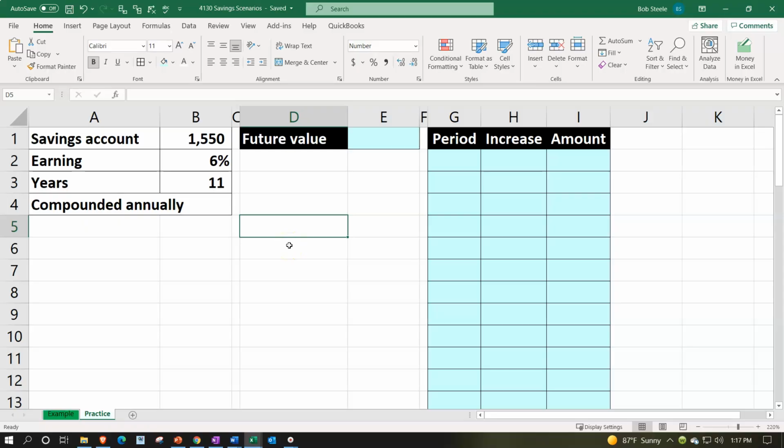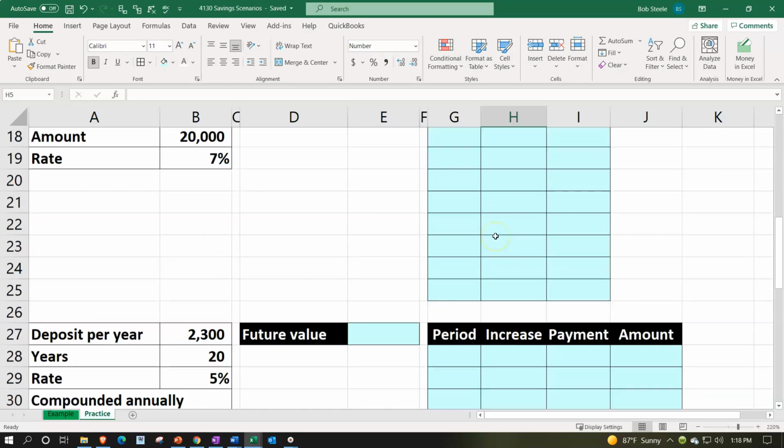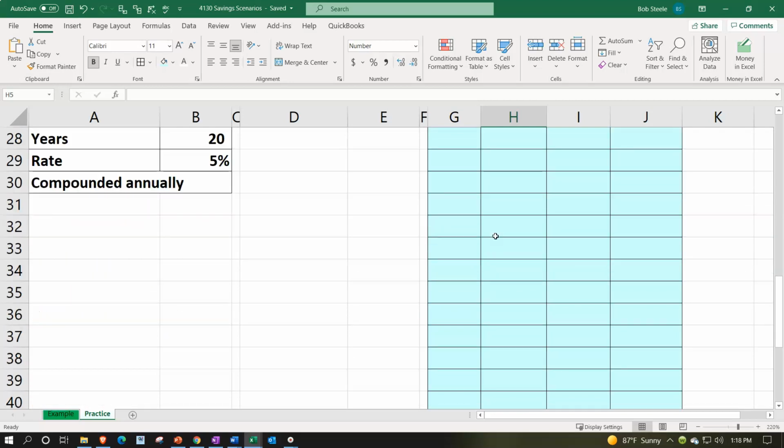Here we are in our Excel worksheet. If you have access to the Excel worksheet and would like to follow along, note that we're down here in the practice tab as opposed to the example tab. The example tab, in essence, being an answer key. We have the information on the left-hand side. We're going to populate that into the blue area on the right-hand side, running a couple of different scenarios related to